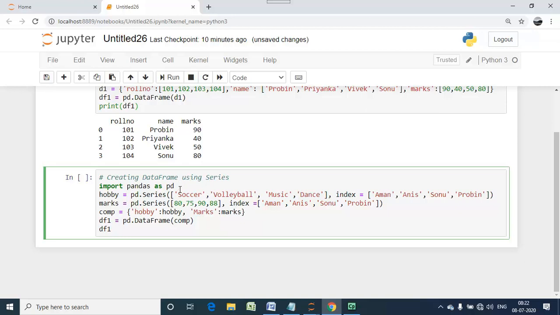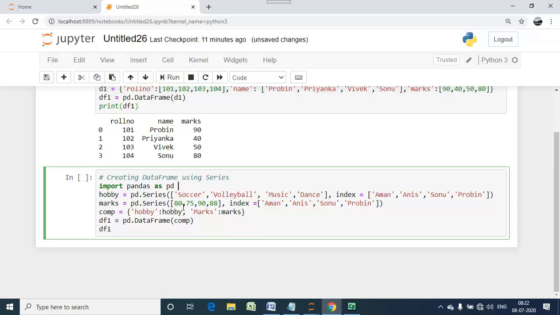Then we have created a series one that stores the names of games, as your hobbies. This is soccer, volleyball, music, dance, etc. For the index, we have given the names of the students. And second